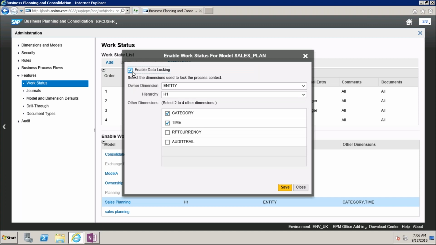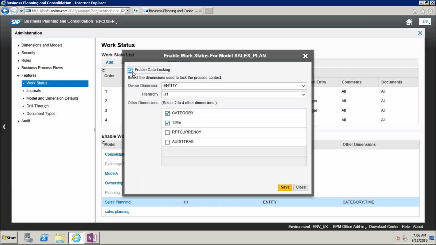If you uncheck it, whatever periods you have locked using work status will be cleared out from your VPC system.